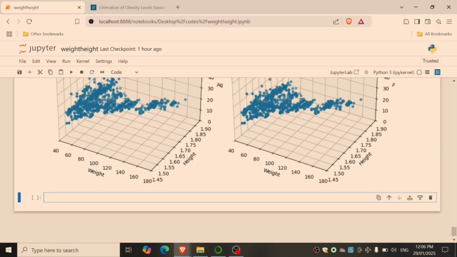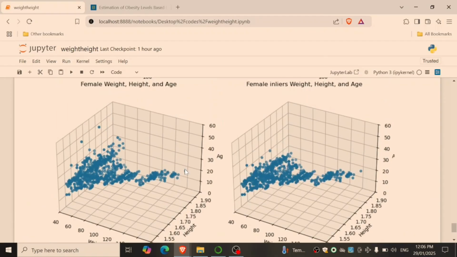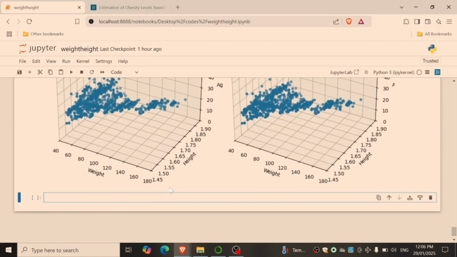Next, we're going to do the K-means clustering. And the way that we're going to do that is, firstly, we're going to have to scale the data. Because if we look at the axes here for weight, height, and age, they are quite different from each other. And K-means clustering will look at that, right? So if you have these values here, 40, 60, 80, 100, they're going to contribute much more heavily than 1.5 to 1.55 to 1.6, because the difference between those is 20 for weight,